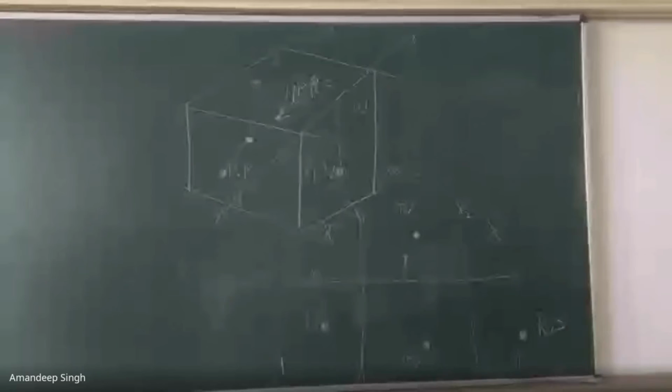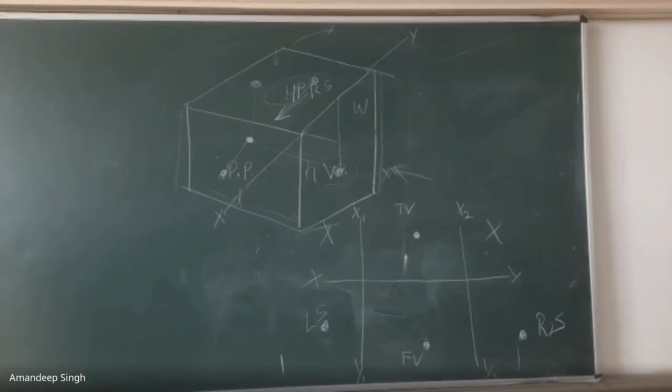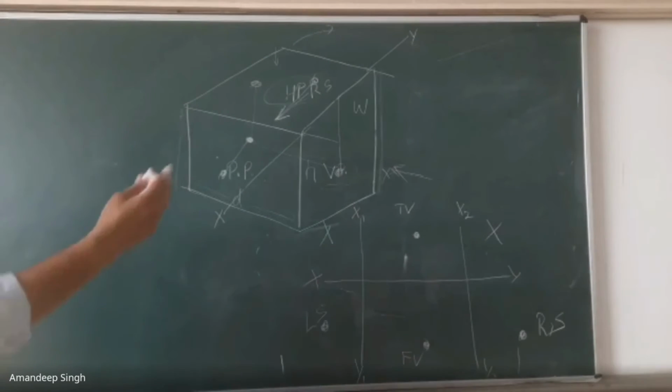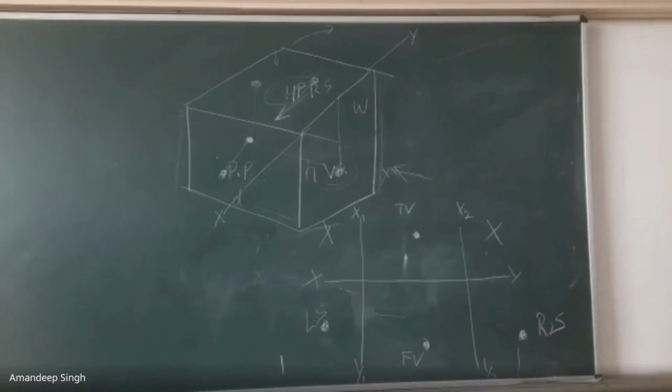So we have concluded two theories for the first angle and for the third angle. For the first angle projection, the front view of the object is above the reference line, the top view of the object is below the reference line, the right side view of the object is above the reference line to the left of the front view, and the left side view of the object is above the reference line because the front view is above, to the right side of the front view.